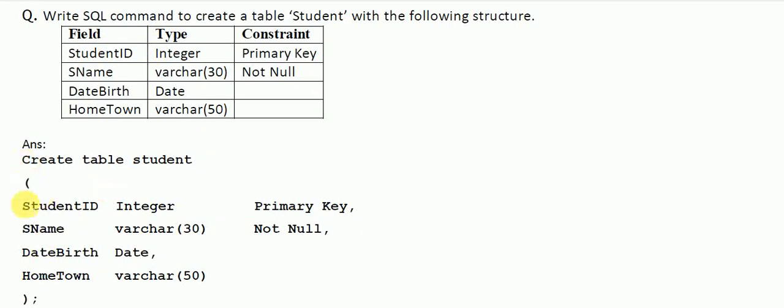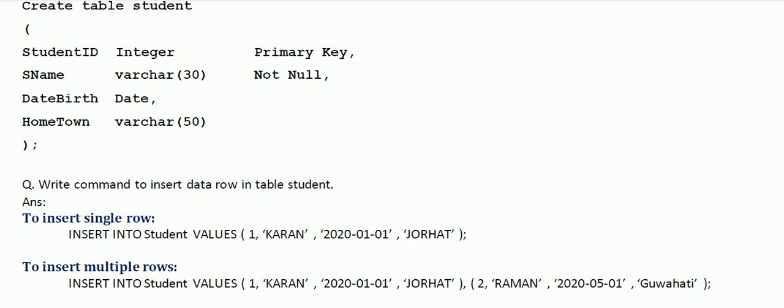Now this command can also be written in a single line, that is one after the other we can keep on writing this command, and you don't have to change the line. So while practically we implement it, we will write these commands in a same line. Now next, how to insert a row. So here the student ID is 1 column, name is 1 column, date of birth is 1 column, and hometown is 1 column. So to insert a single row,